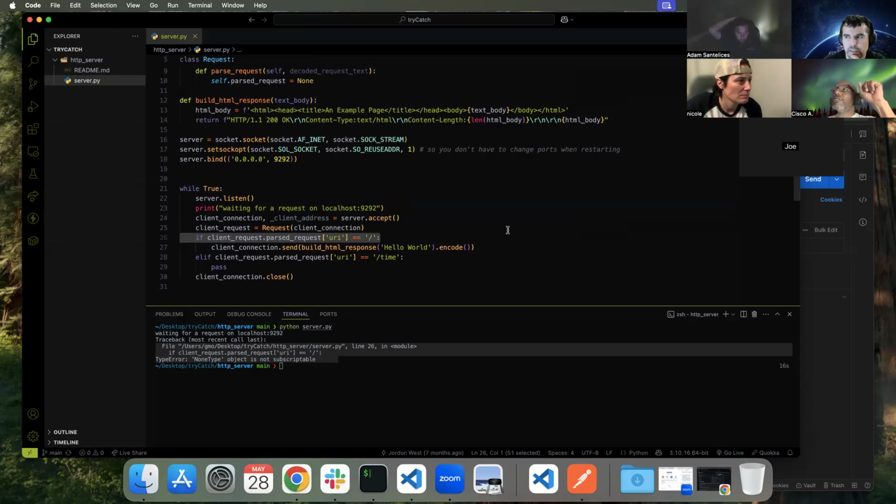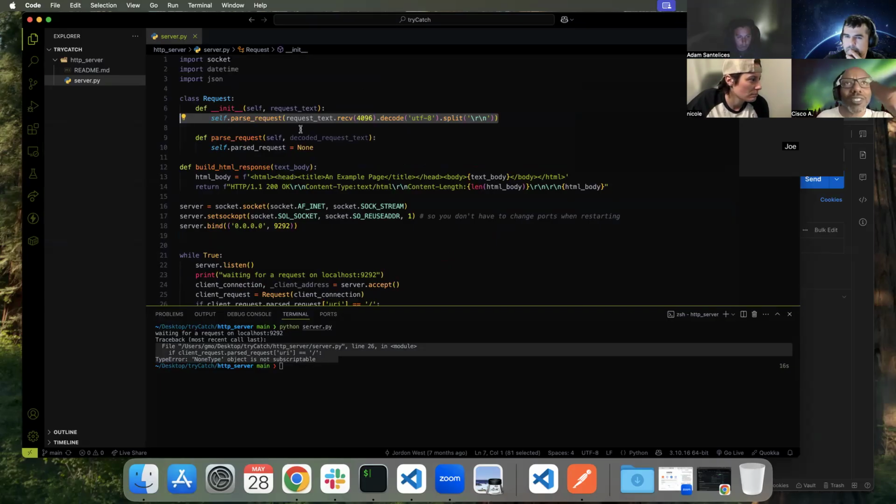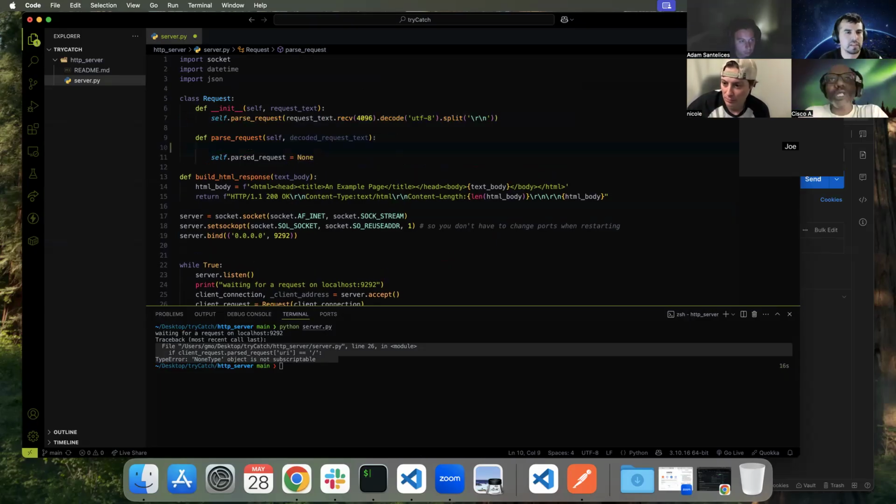Let me maximize the screen here. So yeah, go back up to the parse request there, the second one, the definition right there at the bottom. So I just enter a new line there, and I put in request_line equals, well, of